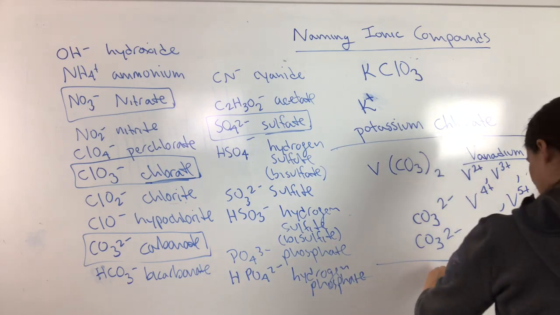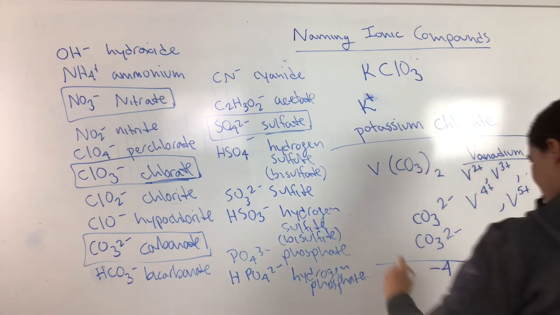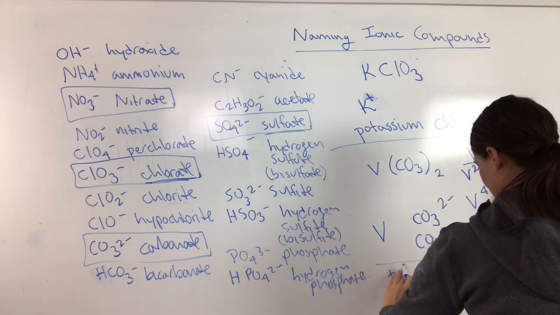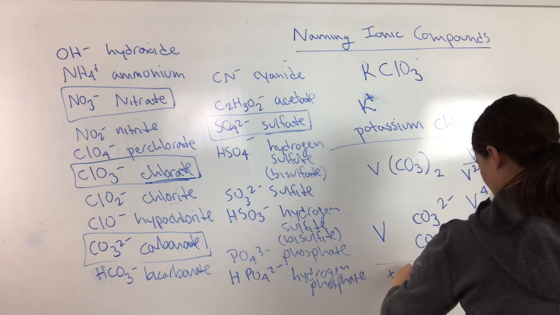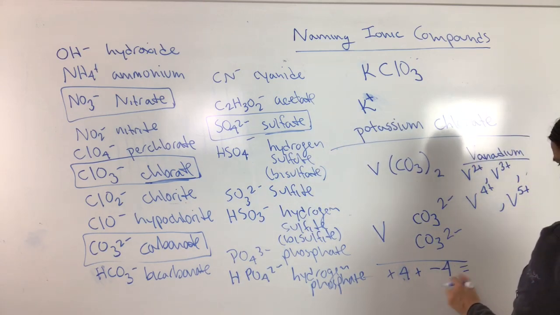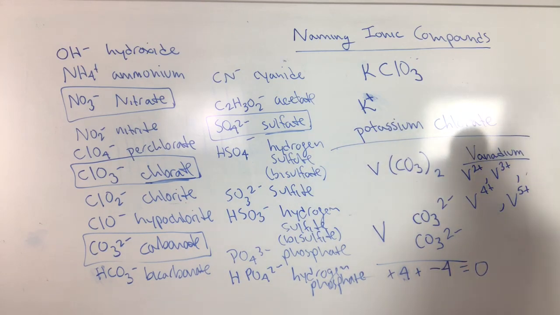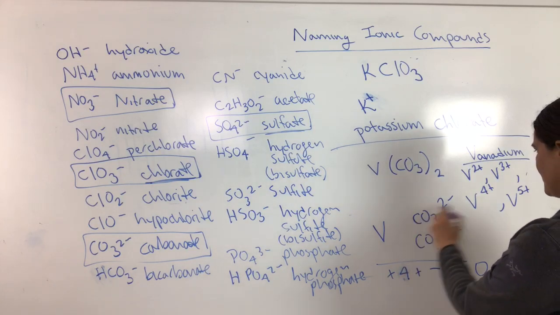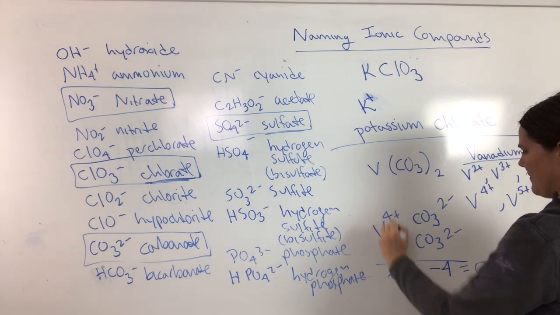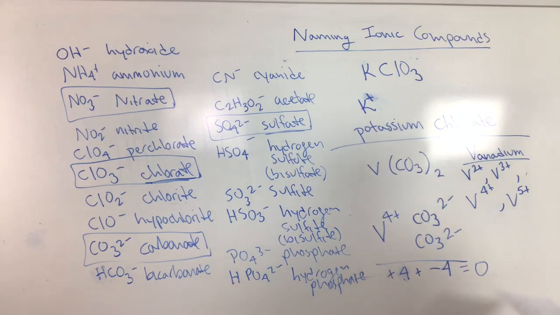And so this is going to have a total charge of -4. And then we know that we have one vanadium. We know that we need a +4 charge to balance this out, because then we'll have +4 - 4. This is equal to 0. And so we know that this needs a +4 charge,